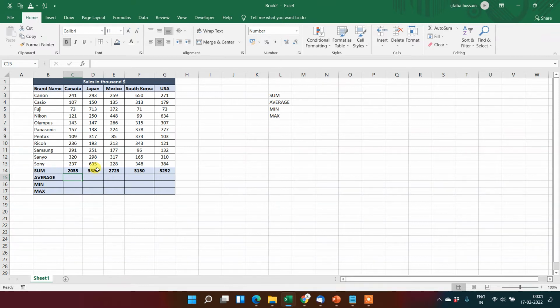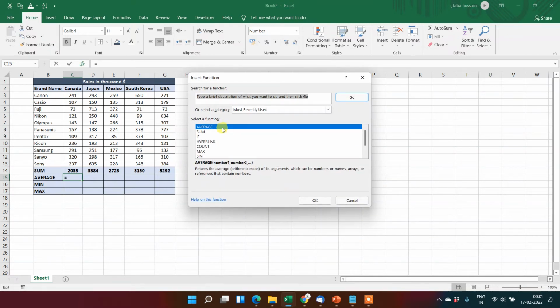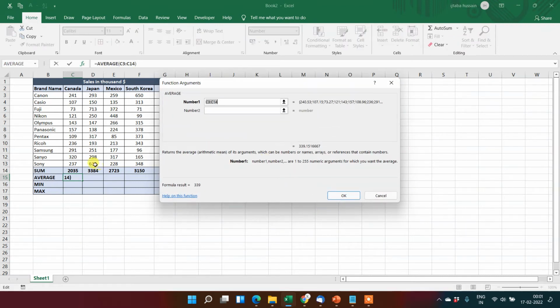There is another way also to use these functions. As you remember, we will click on this. So it gives me different kinds of options. So here we require average, then we will click on average. Now it says number 1, so we will select this number 1. Then number 2, we will select that. Then number 3. As it becomes very lengthy, we will use a shortcut key